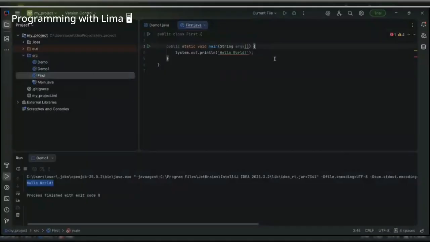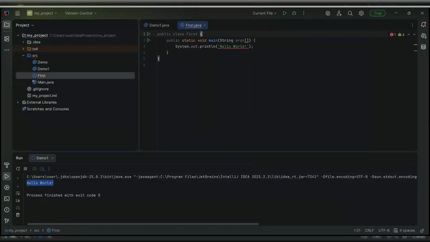What is wrong with our code? So, as you can see, we should have not single but double quotes.